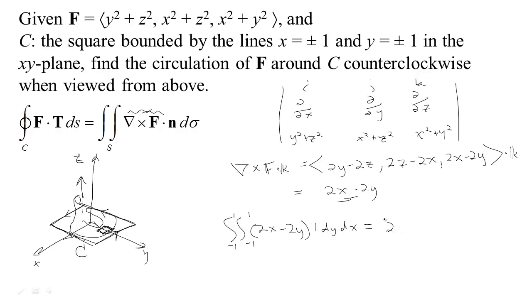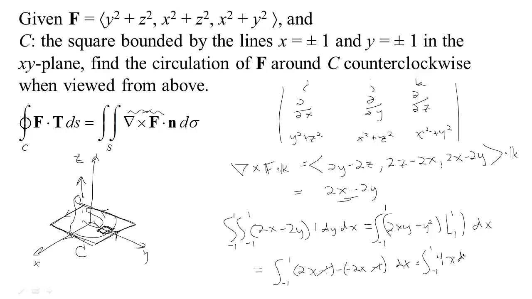The antiderivative with respect to y, for an integral from negative 1 to 1, is going to be 2xy minus y squared, evaluated between negative 1 and 1. And once we do that, then we'll do the integral with respect to x. If I plug in 1 here, I get 2x minus 1. Oh, sorry, I'm plugging that in for y. So I get 2x minus 1. Minus, when I plug in negative 1, I get negative 2x, and again minus 1, dx. And let's see, there's a negative x and a minus 1 would be plus 1, so those cancel. So 2x minus negative 2x would be 4x, so I just have to integrate from negative 1 to 1, 4x dx,